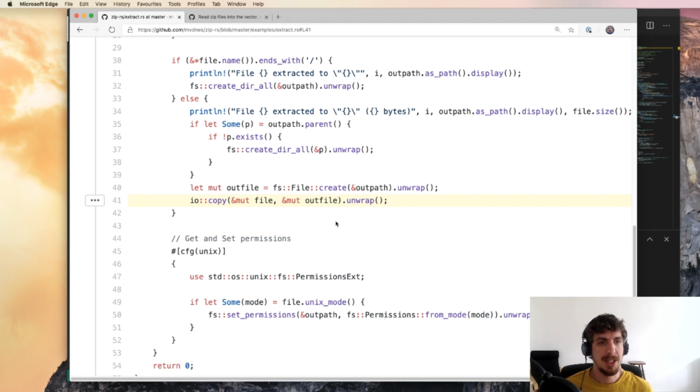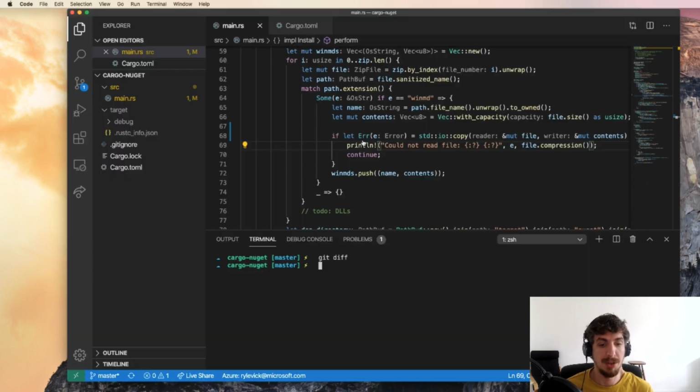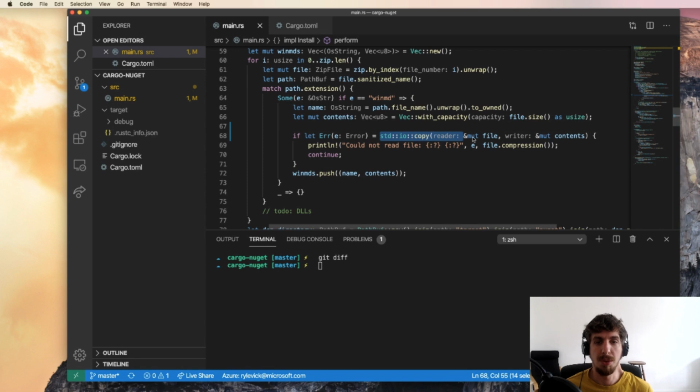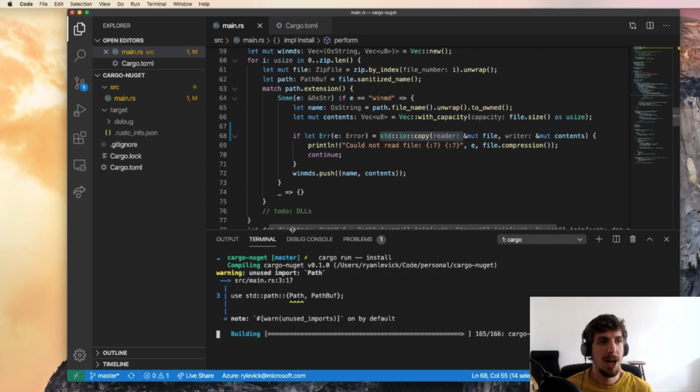And so the question that I had was, okay, well, maybe IO copy does work. So going back to the code, I went to the line where we're reading, and changed it to IO copy instead. And just for demonstration purposes, notice over here in target that there's just this debug and rusty info.json file right here. And so if we go ahead and run our code again like this,